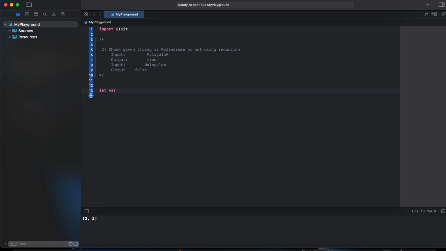Let input equal to Malayalam. So if you reverse this string, then you will see the reversed string is also Malayalam, and the input string is also Malayalam. So this is a palindrome. Another input may be